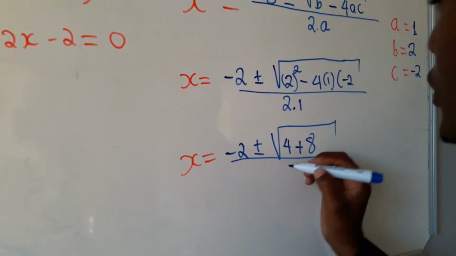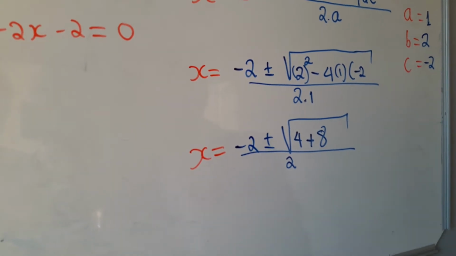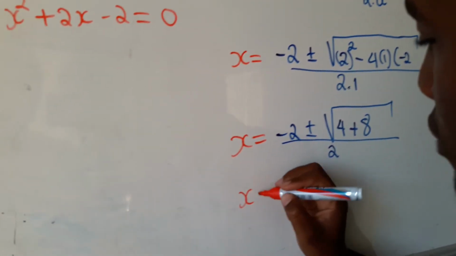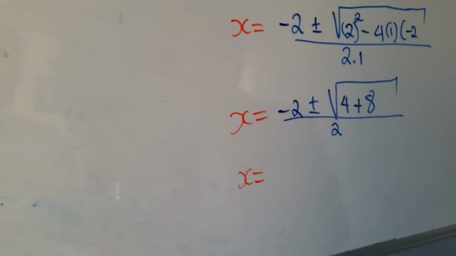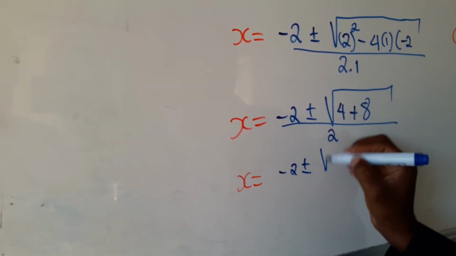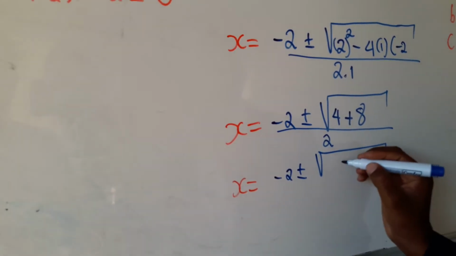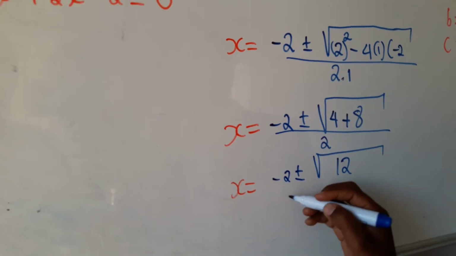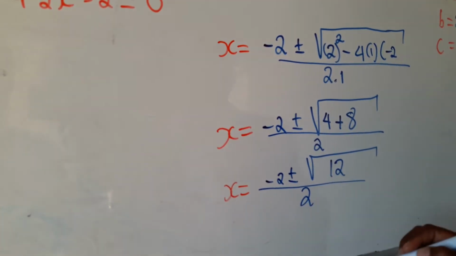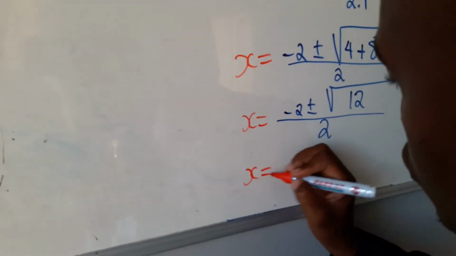This over 2 times 1, which is 2, so we put a 2 over there. The next step is to simplify further. So we have x equals -2 plus minus the square root of 4 plus 8, which is 12, so the square root of 12 over 2. Simplifying it further, this gives us x equals -2